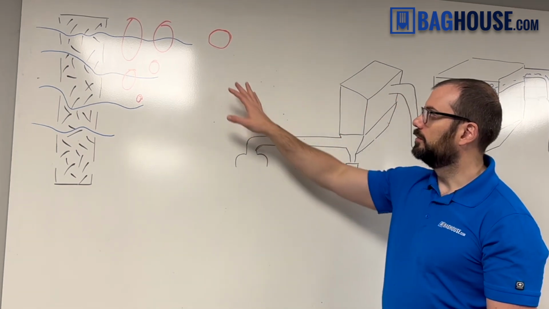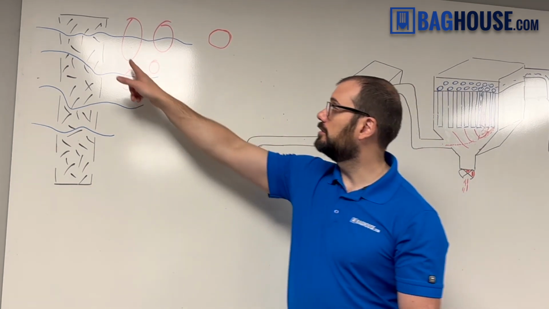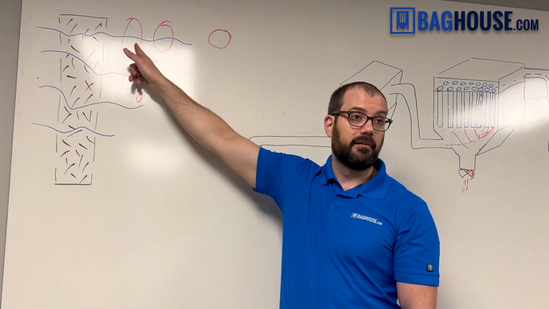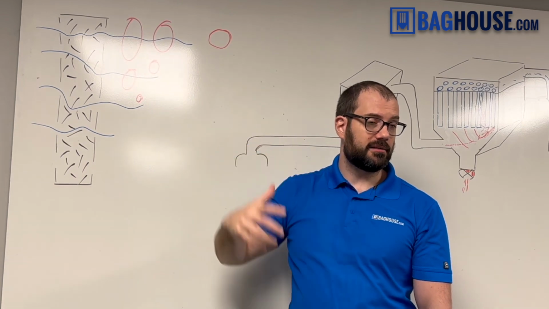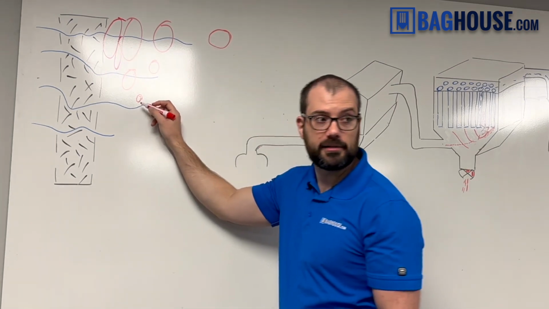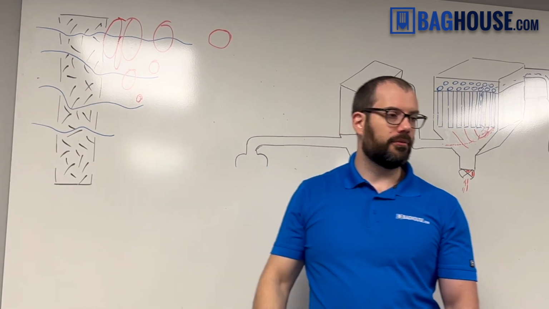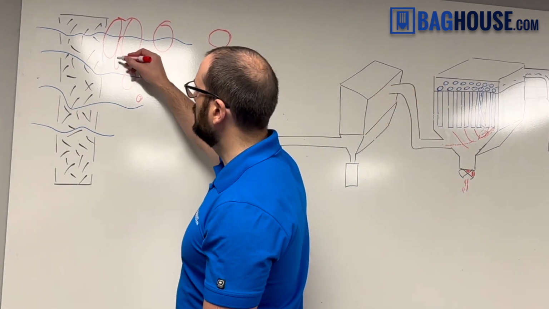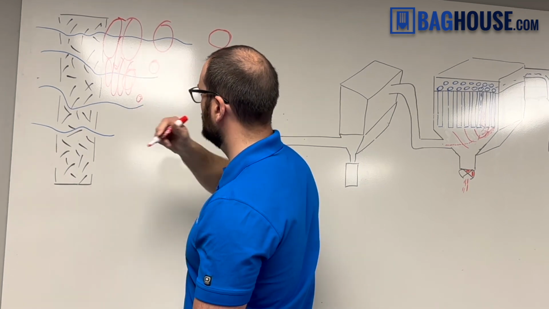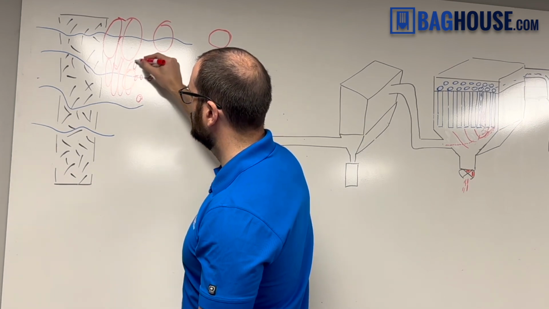All right, so we'll have the dust come in. It's a lot like the fishnet at first. The fishnet holes are smaller than the size of the dust, right? So the big fish go in the fishnet, get stuck because they're bigger than the holes in the net. Problem is, we also have some dust that's very small that can easily wiggle through and go out through the filter, okay? So when we run the Baghouse, we actually want the Baghouse filter to be full of dust, because then when the little dust comes in, it actually gets stuck on the surface of the big dust,